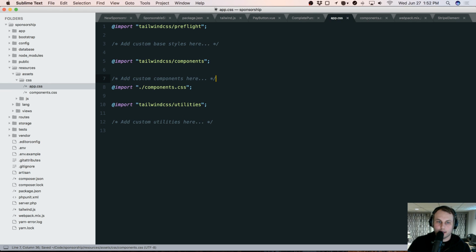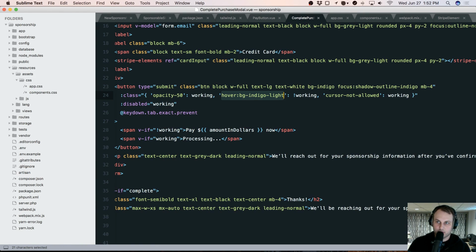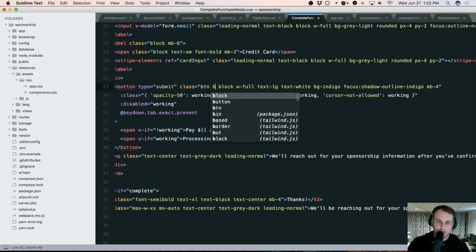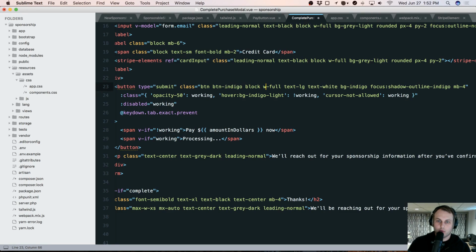And if we head over to our complete purchase modal here, we should be able to remove some more classes. So if we add button indigo, well, we can get rid of text white, BG indigo, and focus shadow outline indigo. Now we do have a little bit of a dilemma here because we only want to apply this hover style if we're not working. So if we are working, so